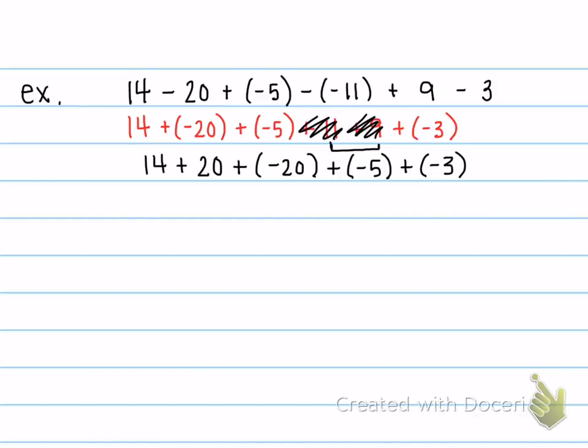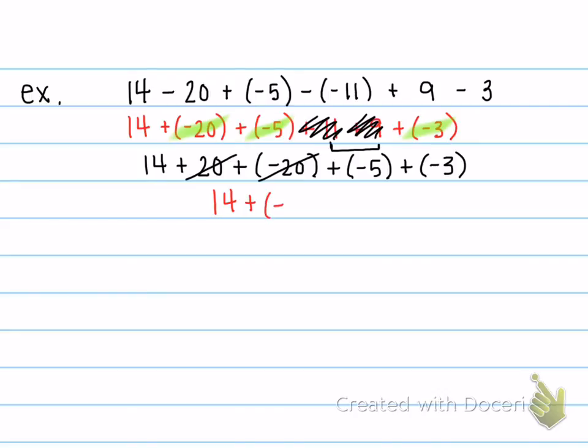So 14 plus the 20 that I got, and then I wrote the rest of my negatives that I had just along the line. Now the same thing happened in this problem that happened in the last problem. I have a positive 20 and a negative 20. So I see that those two cancel out. So I'm really left with 14